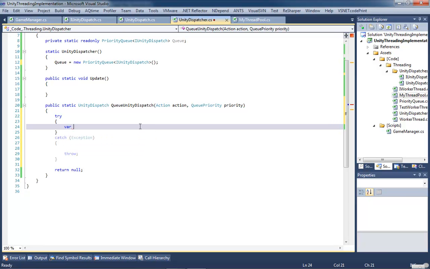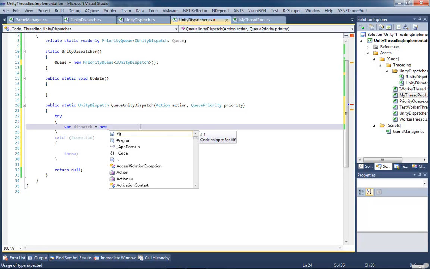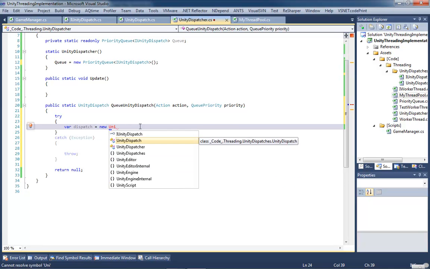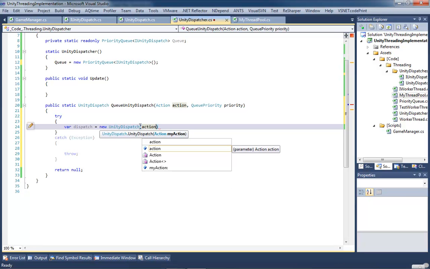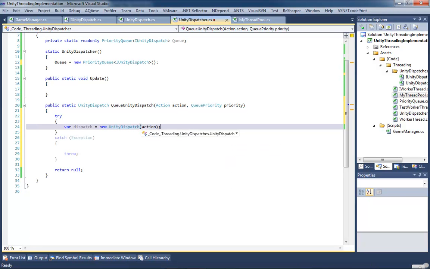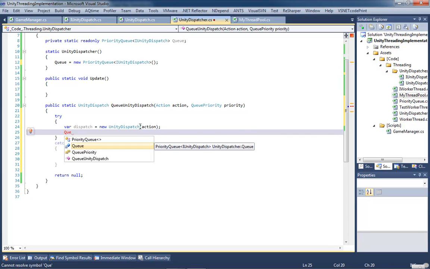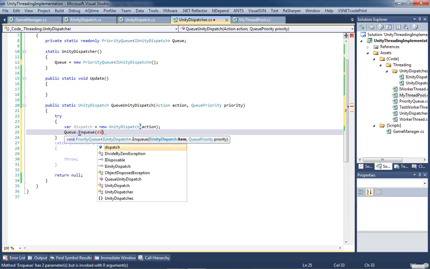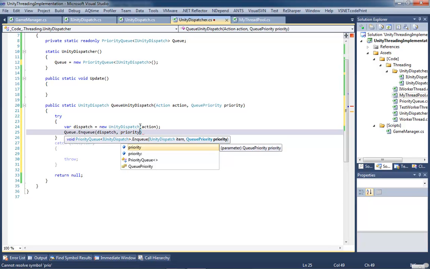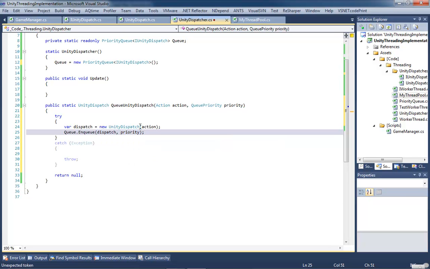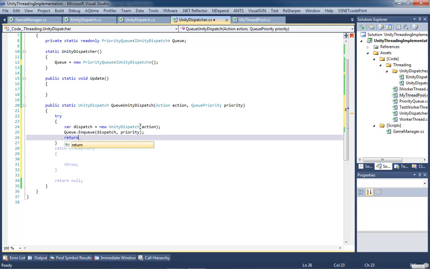We're going to say var dispatch equals a new UnityDispatch. And we're going to pass it in an action. So that's our action. From here, we're going to queue it. So queue.Enqueue, pass in our dispatch, give it a priority, which we're taking in as argument,